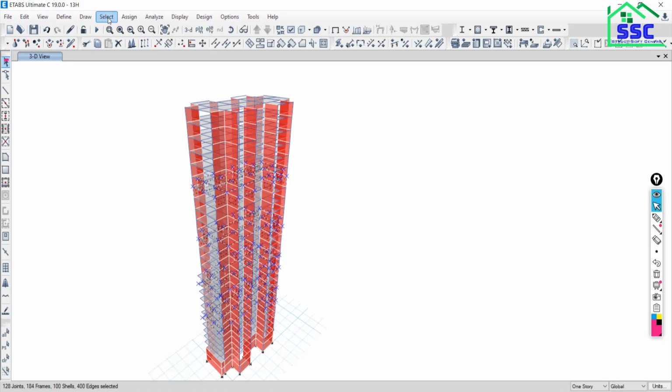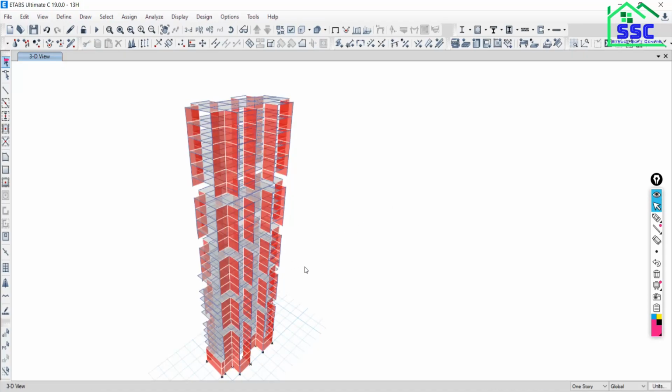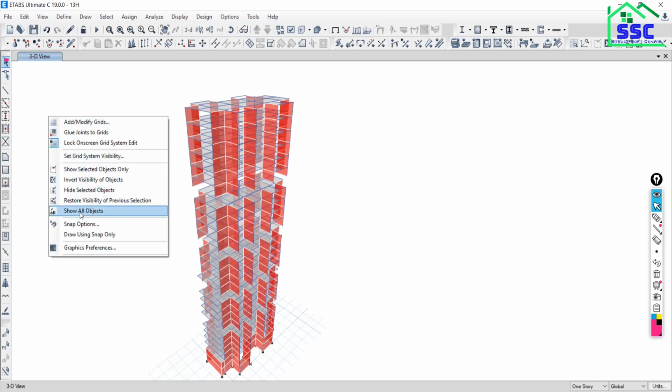Now one option is there in select. What is this? Inward selection. What does it mean? See what will happen: the things which are in selection will be deselected and the rest of the other things will be selected. What did I say? The things in your selection will be removed and all the remaining things will be in selection. So just click on inward selection, just right click on the window, show selected objects. Can you see? So that is the application of inward selection. Just right click on the window, show all objects.